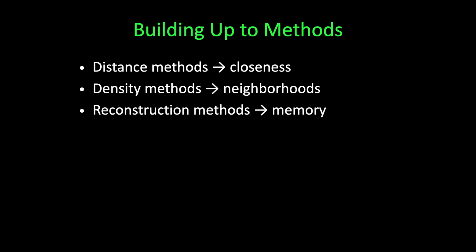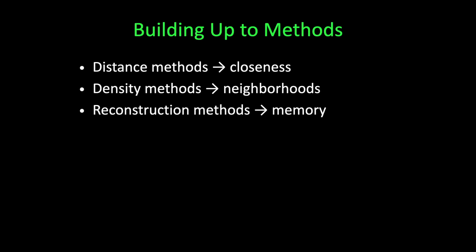So now that we have that little bit of introduction or intuition behind what we're doing, we can start building toward the methods that we will use. Think of it like this. Distance-based methods are just ways to measure closeness. They might ask, how far is this login from the usual pattern for this user? Density-based methods are ways to check how crowded the neighborhood is. They might ask, is this process behavior isolated compared to others, or does it live in a dense cluster of similar activity?